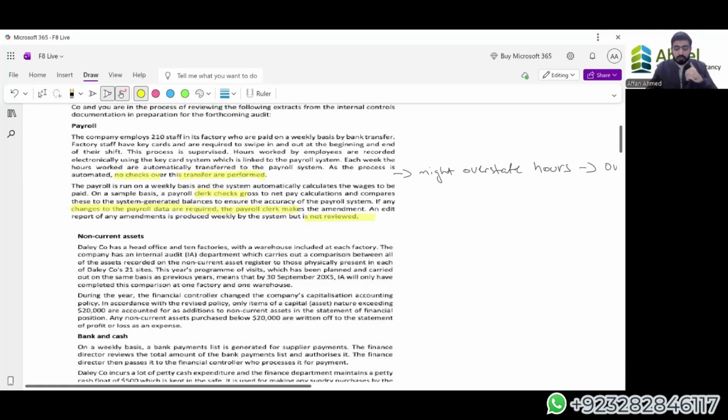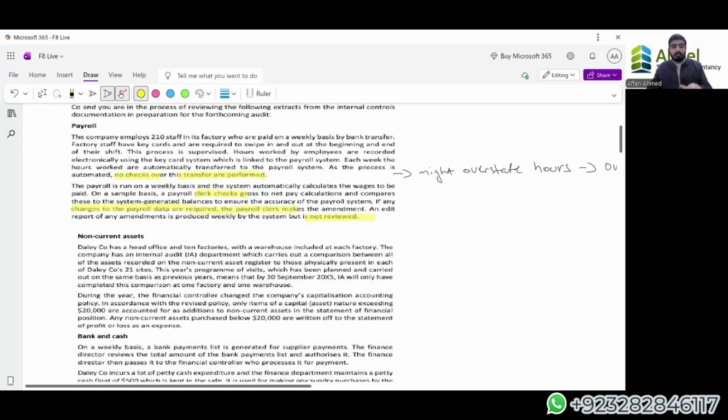Now, if a person is checking the payroll or the employee salaries, there are taxations involved. There are multiple other external departments involved. If the payment is miscalculated for those departments, at the end of the day, they will hold the company accountable and we will be penalized for it, right?